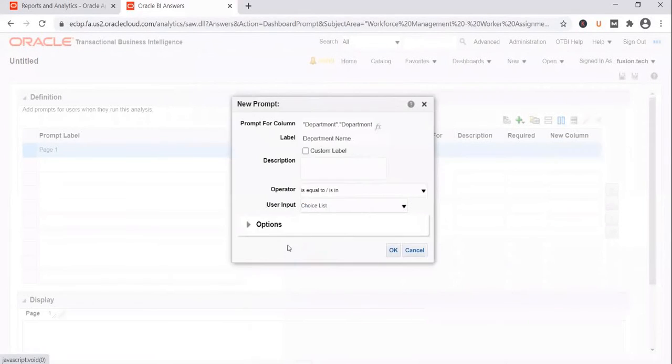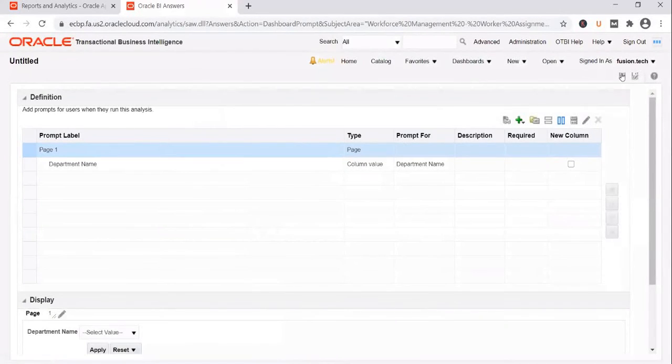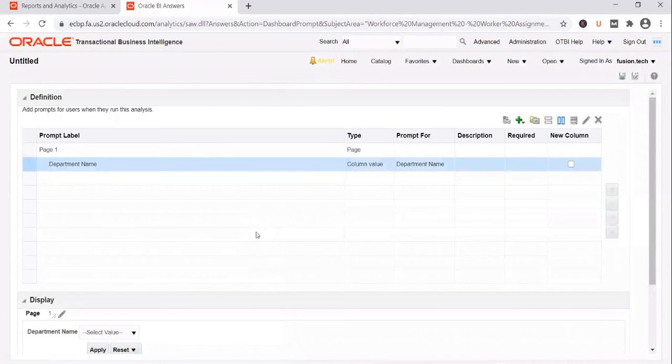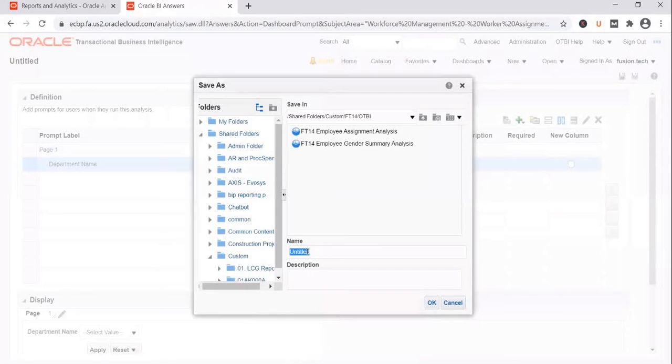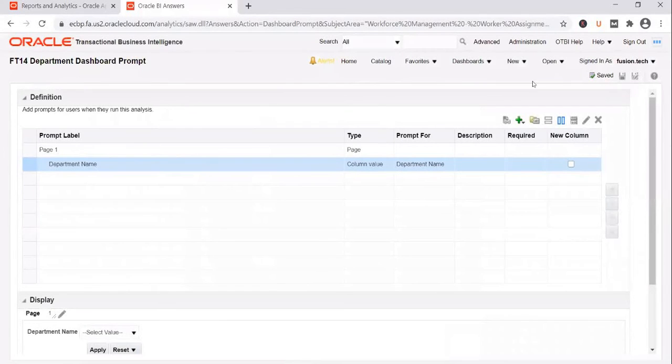Select it and add it as a prompt. Give it a name. You can call it FT14 dashboard prompt. You can probably call it department dashboard prompt. And we are ready to go ahead and create a dashboard now.